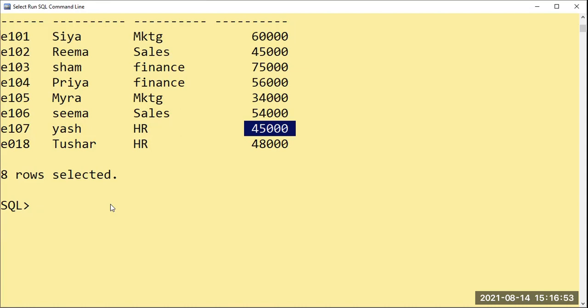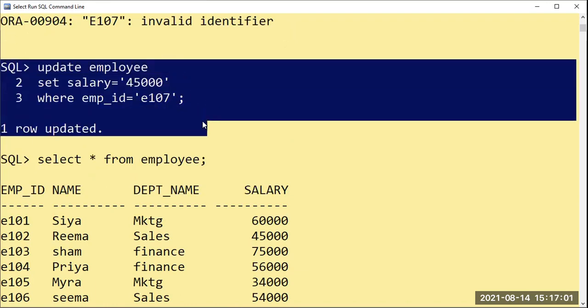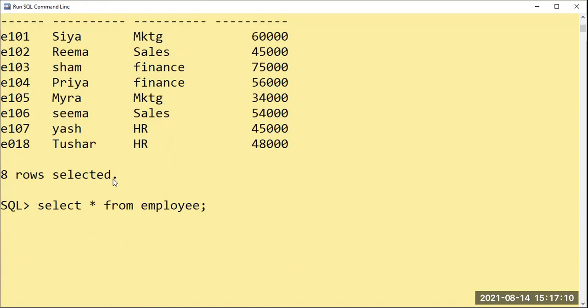What I have taught you so far is only single row updation. When you want to update one more row, you would use the upward arrow key and change it again.